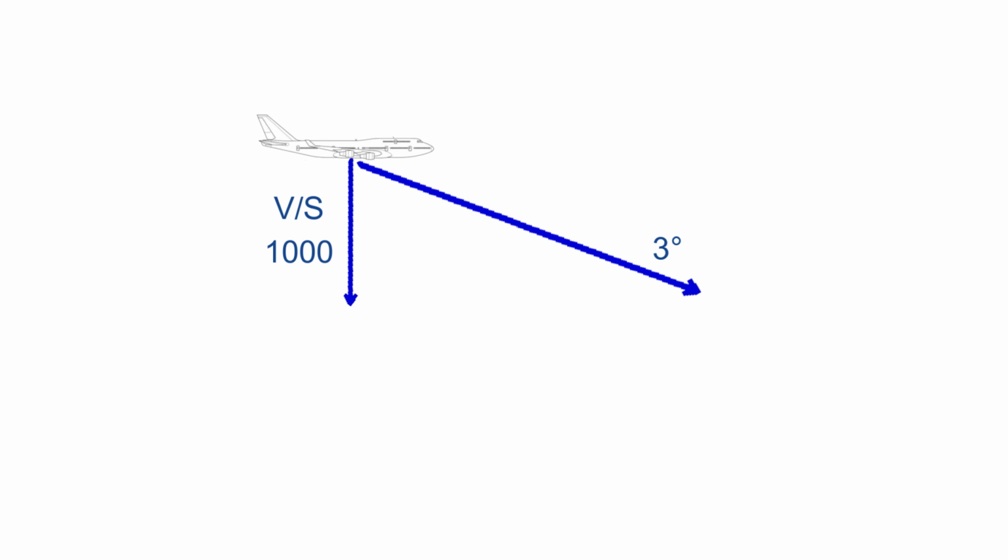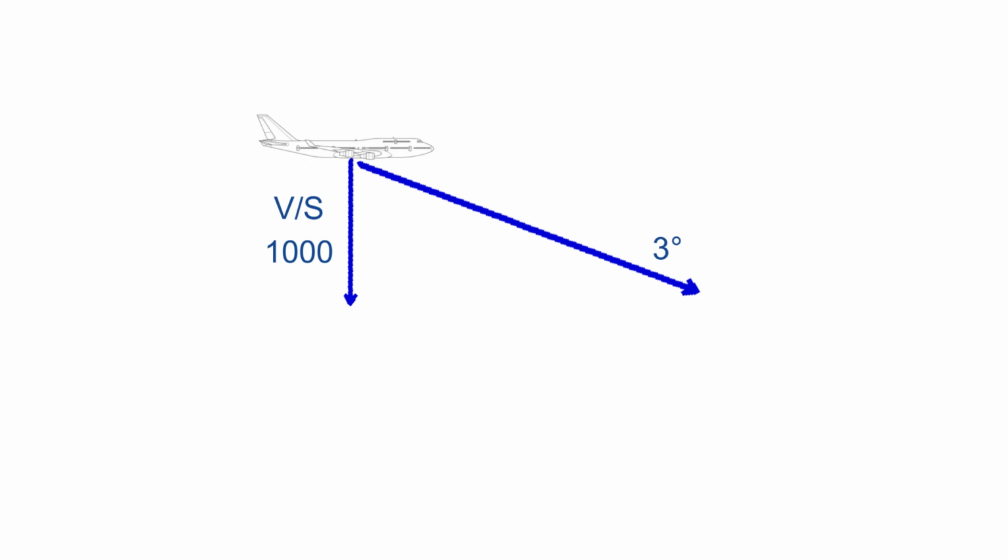Now if the speed of the aircraft changes, obviously the vertical speed will correspond to a different angle of descent. The only way to have a constant angle of descent is to adapt the vertical speed to the speed of the aircraft. So advanced computing might calculate what is the adapted vertical speed at the changing of the aircraft speed. Of course an FMC can do that, an FMC can control the aircraft on an angle of descent,